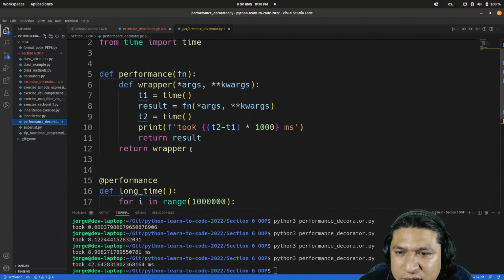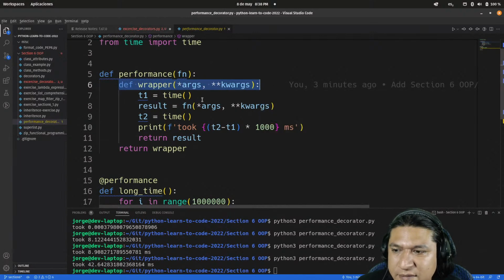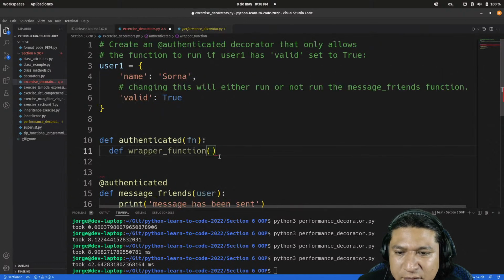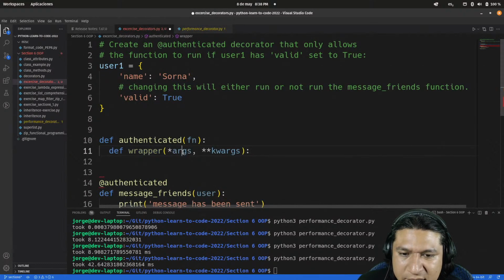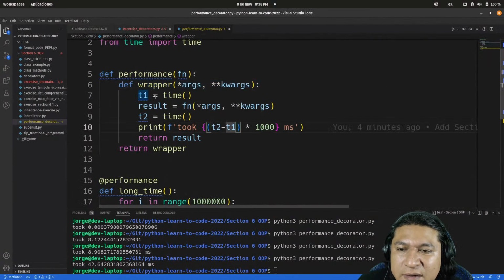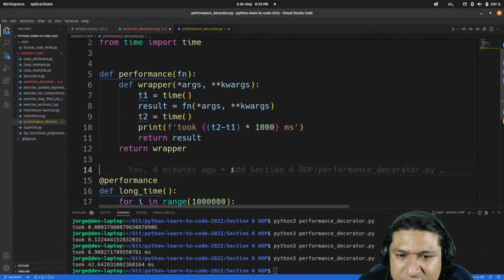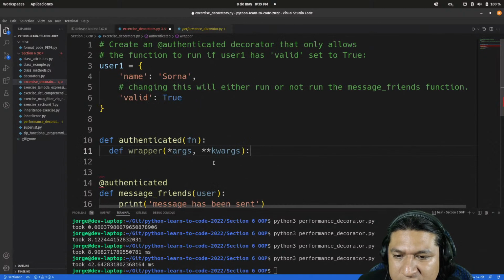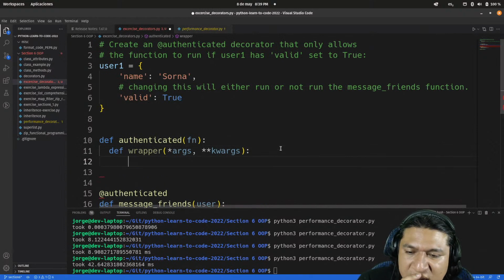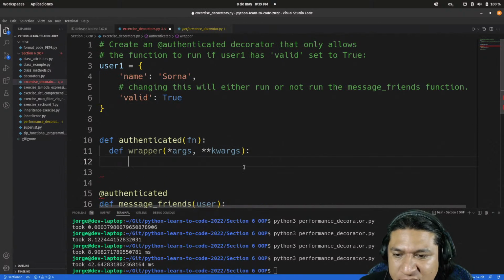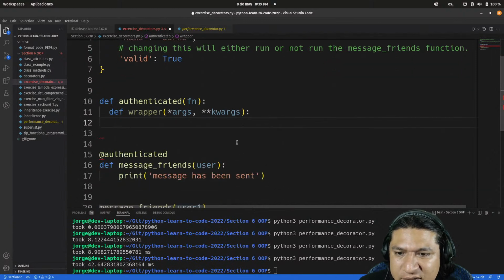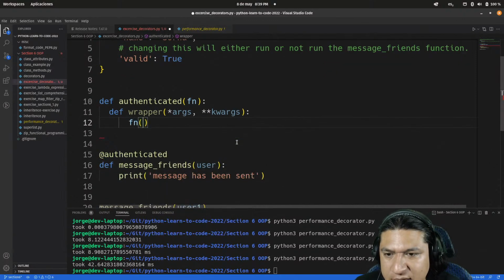Okay, let's open the performance decorator. Oh yeah, actually this is way better. I don't know why I forgot about it. I might receive any number of arguments and parameters. And then the body, and I need to return something in the end. So I need to return or execute the function. In this case, it's going to be fn execute